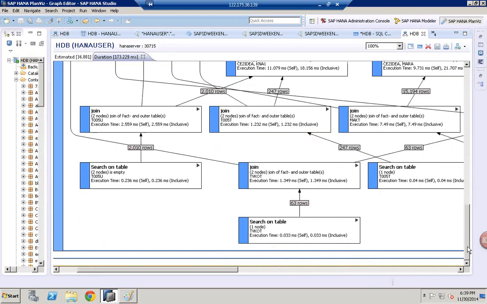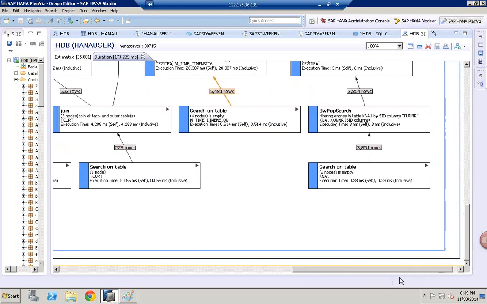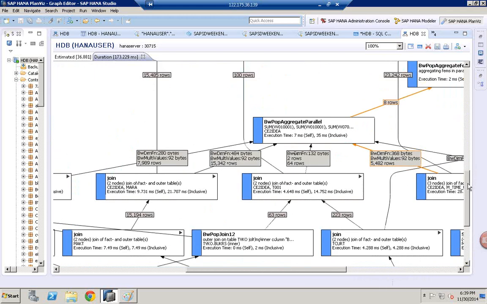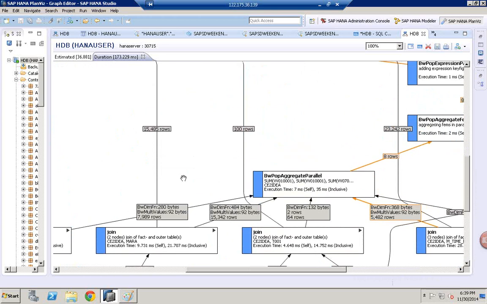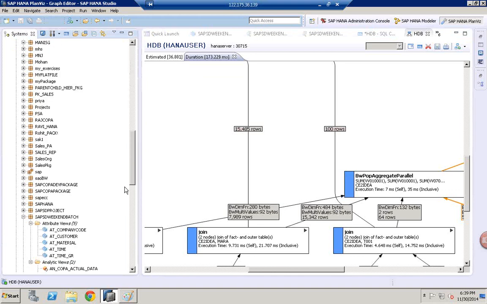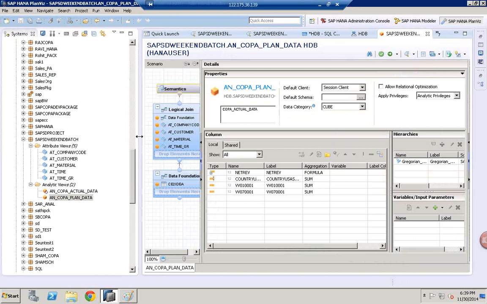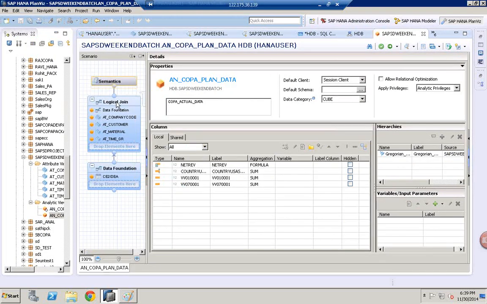Now here it executes both the attribute views. Please see. Again it executes the attribute views. T005T, T005U, TVKO, all these tables are parallelly processed. And here if you see the view, if you see the view over here, and when you click on the logical join,